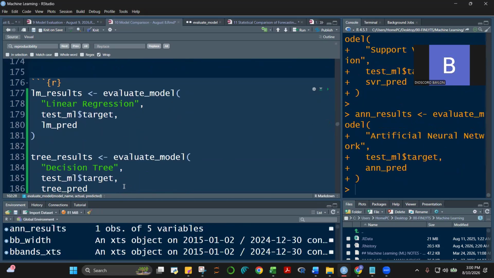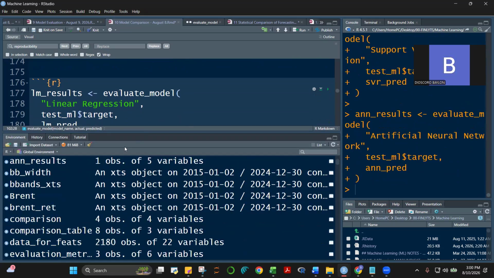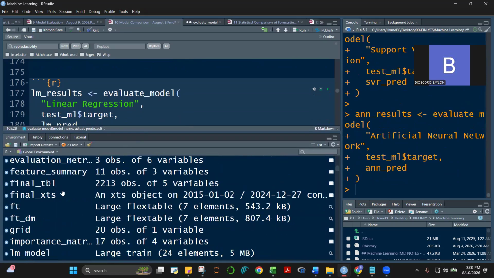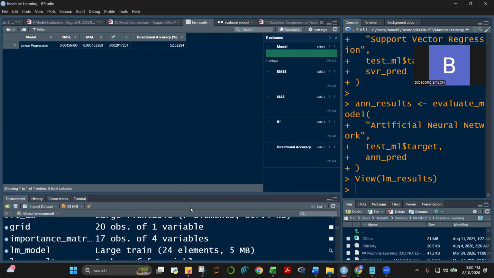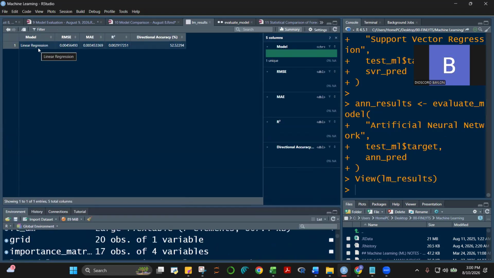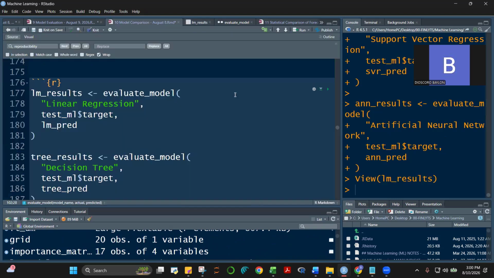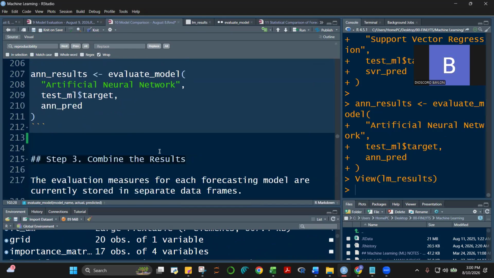There. Okay. So, kung titignan natin, for example, to, LM results. Tingnan natin na LM results. Ano laman ng LM results? Okay. Tingnan nyo ha. Ano laman ito? O, di ba yung model name? Ano pa? Yung RMSE, yung MAE, yung R-squared, at yung directional accuracy. So all of that, kasi yun ang linagay natin sa code dun sa evaluate model. No? Okay, so we have the results now for all these 6 algorithms.